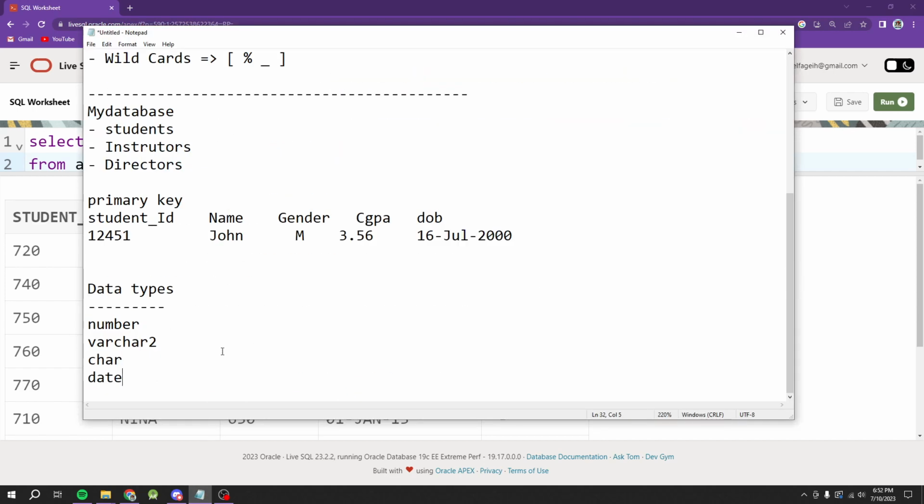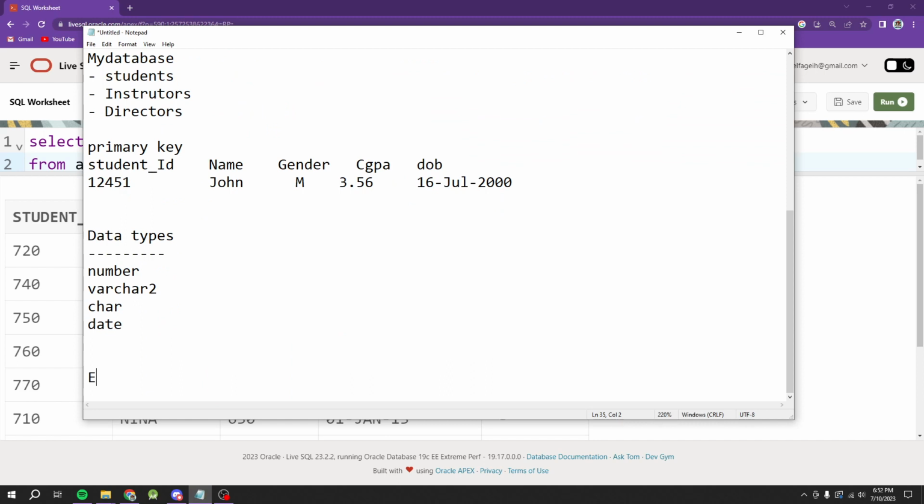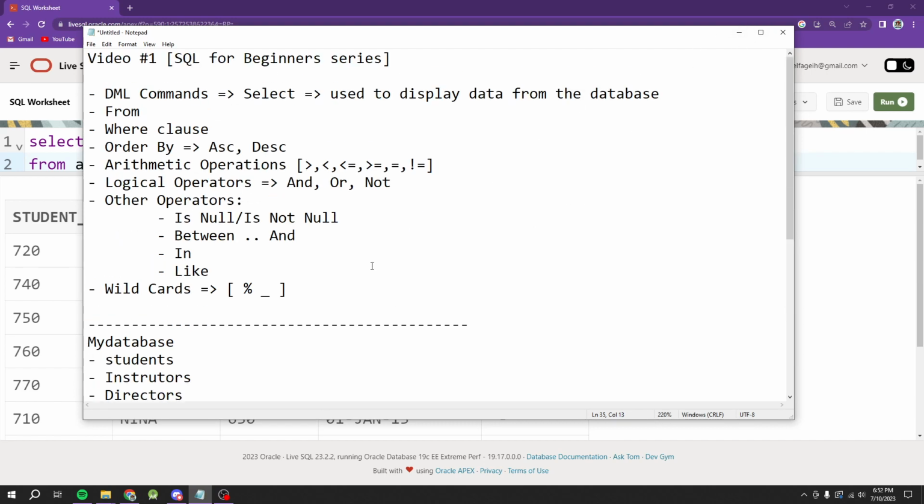So in the database, whenever you have a field that is empty, you cannot say that it is 0. It's not 0. It is null, because 0 is a type of information as well. It's data as well. All right? Okay. So we showed an example here about how to use select to display data from